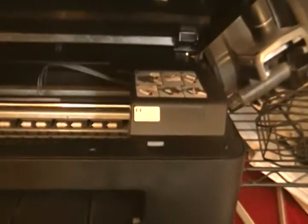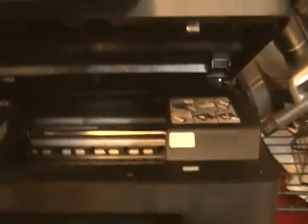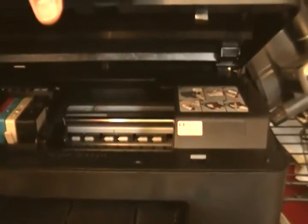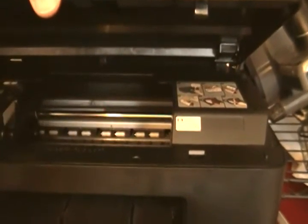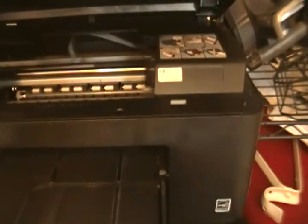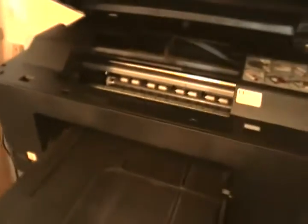So it's booting up now. It doesn't slide out like a normal cartridge release like other models do, so I've had problems with that. So then I do this. And what I'm going to do is go through a systems check where I basically clean the printer head, and it's going to print all the colors out for me. I'm thinking maybe I can just put this on pause and I'll show you what happened yesterday